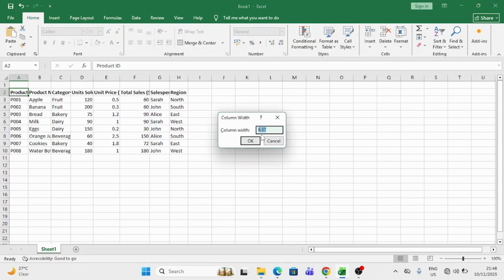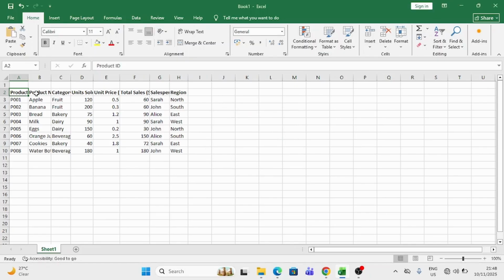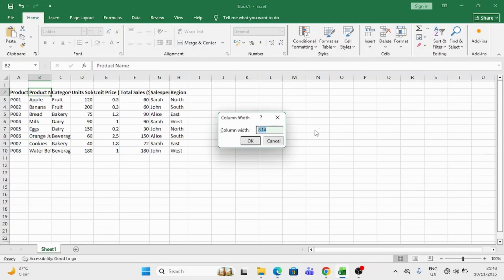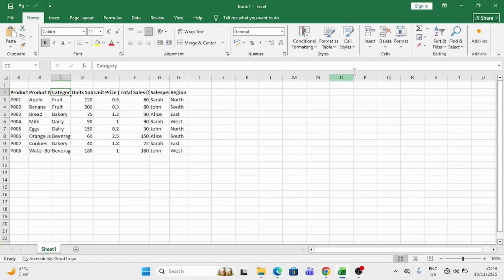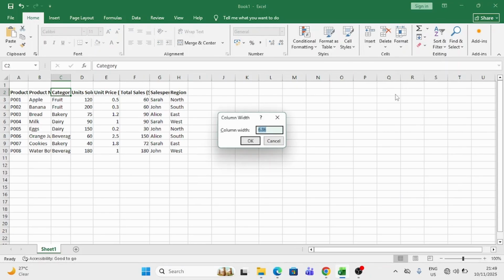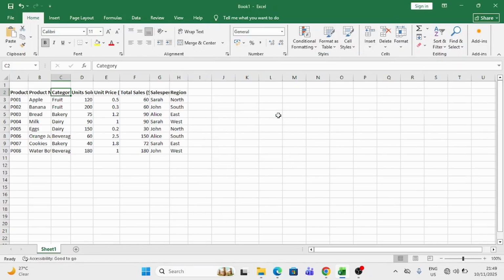You can see each column width is about 6.57. We have 6.57 here. We have 8.14 here. We have 6.8 here. So you can see, but what we can do